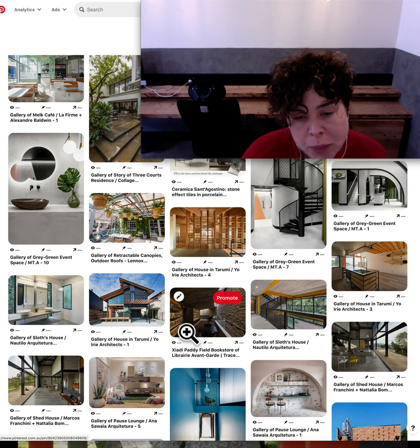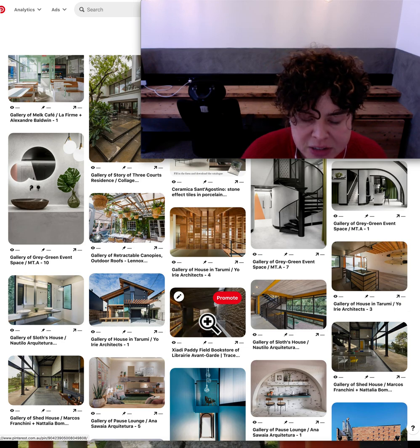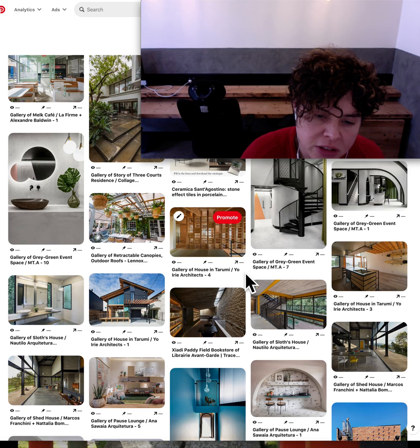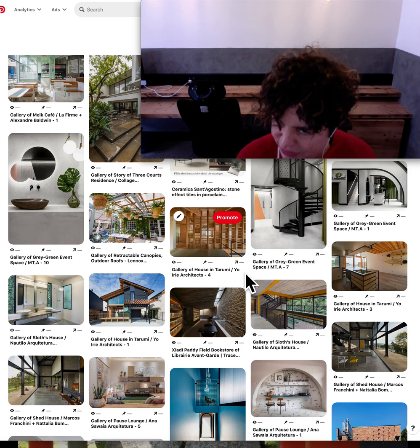I pinned this one because there's LED strip lighting in these bookshelves. It's quite a dark space. We've got some natural light coming through a skylight. If I just move my cursor, we can see that on the right-hand side of the image, and then the bookcases are on the left and they aren't getting natural light, which,